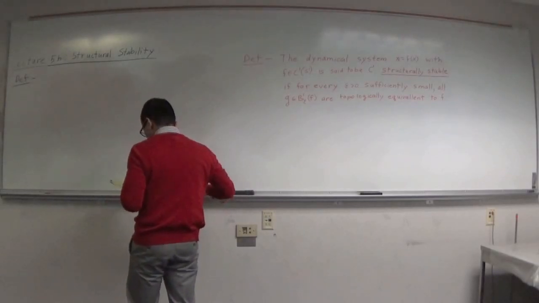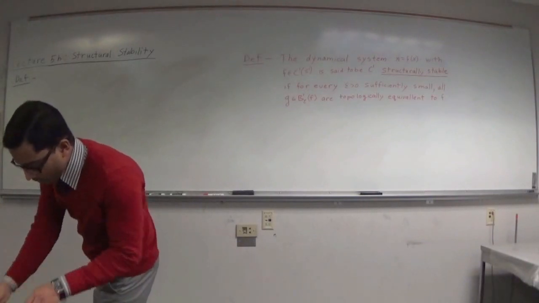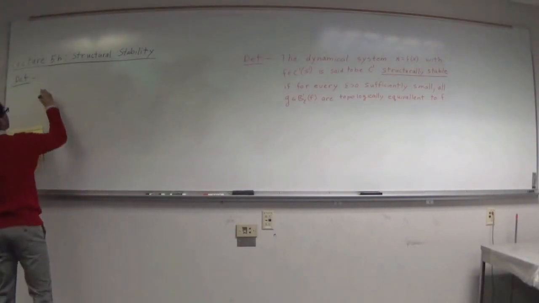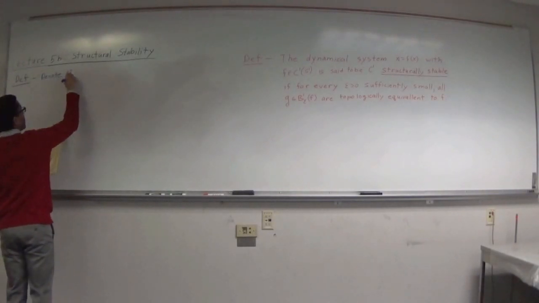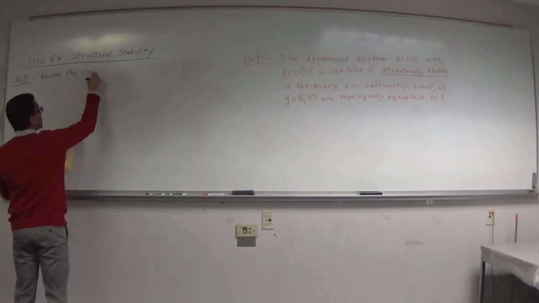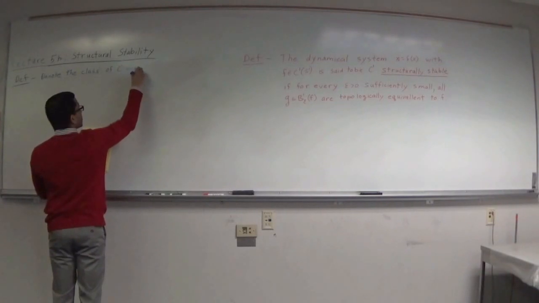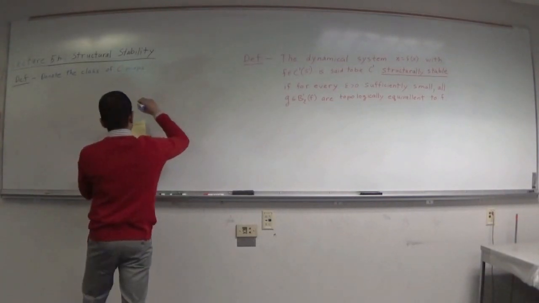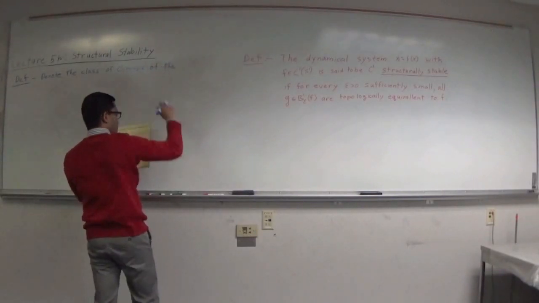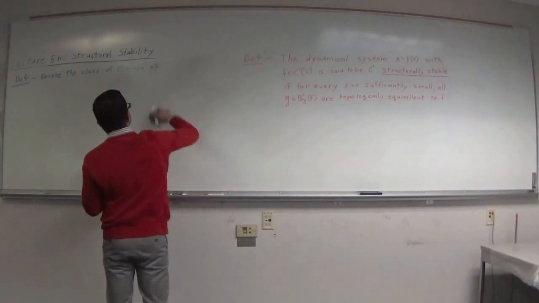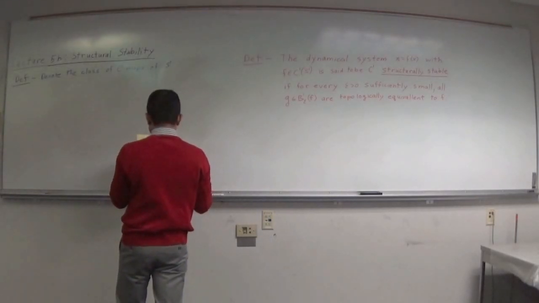Write this in blue. So this is going to take a step back and say what some of these things mean. So denote the class of C1 maps of the circle. So instead of saying of the circle, let's just say of S1, since you know what S1 is, of S1